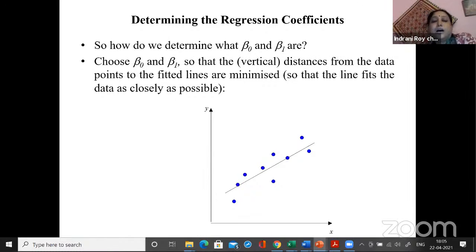This line is to be considered unique. Why? Because it should not be overlapping with any other lines with the different values of your m and c. So in that case, we say that this line is the best fitted line.